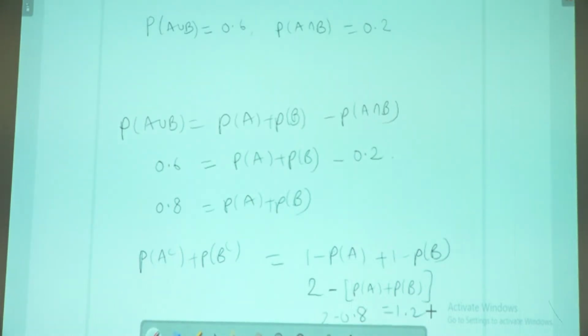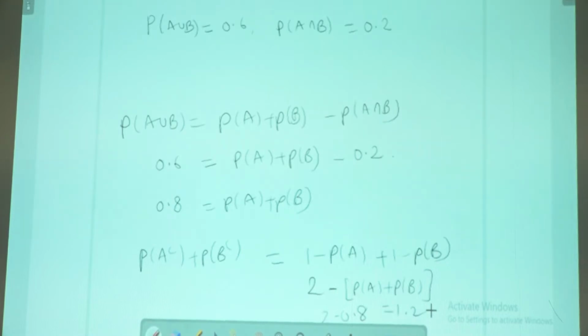1 minus 1 by 64. The next: if P1 and P2 are the probabilities of passing an examination respectively, then the probability of only one failing in the examination,